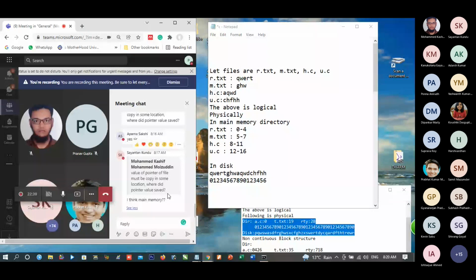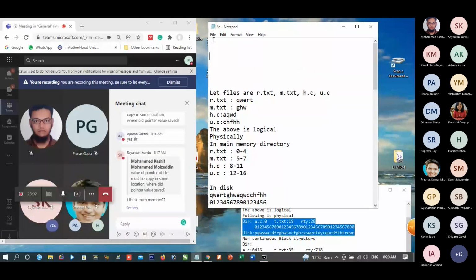Okay. Let us see what is another method for storage. The disk is divided into blocks.